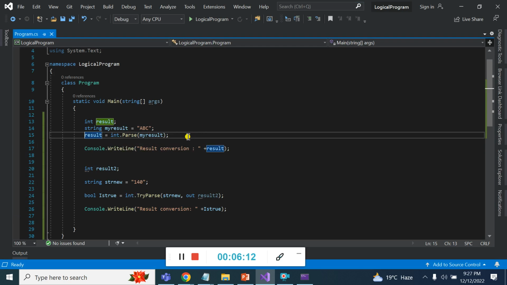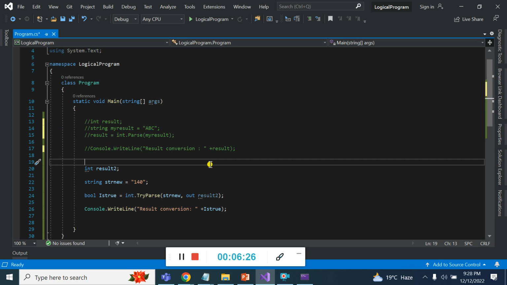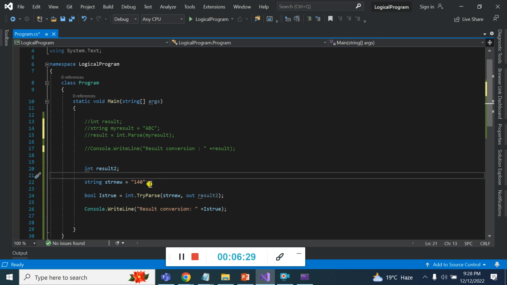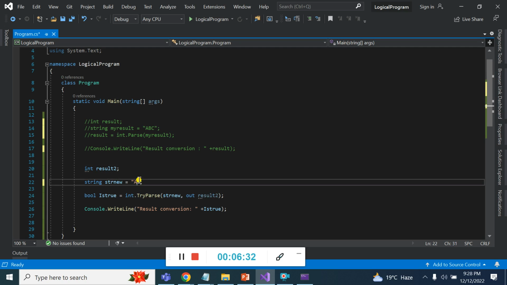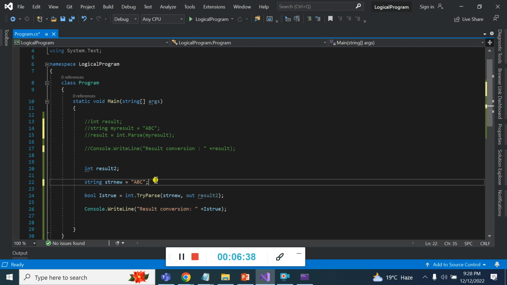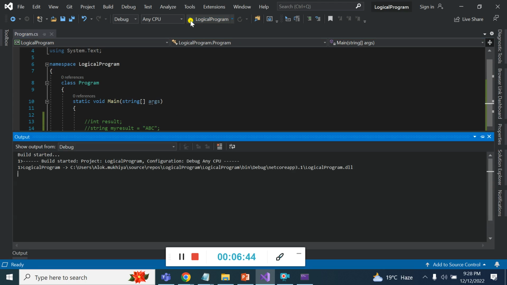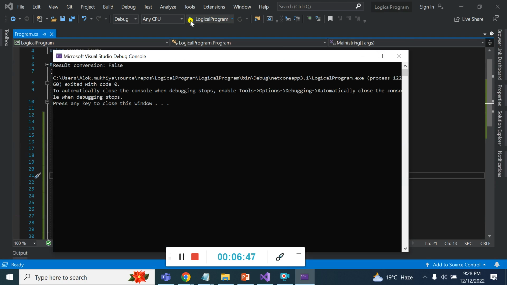And similarly with int.TryParse, right? So I comment out that code. You can press Ctrl+K+C, the shortcut to comment all the code. Here we can check the same scenario with int.TryParse. This is not the correct format for parsing the value. Once we execute it, you can see that we don't get an exception. We just return false, because int.TryParse could not convert it to a correct value. So we got the false value.